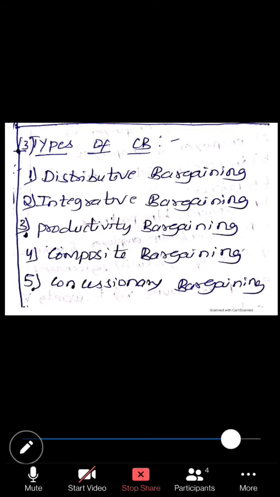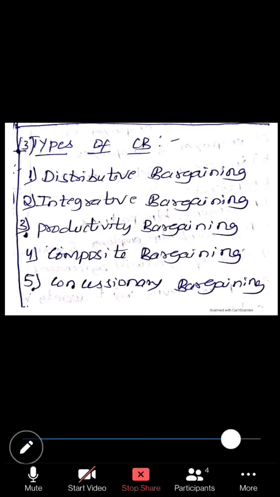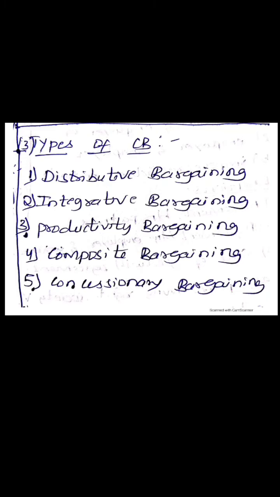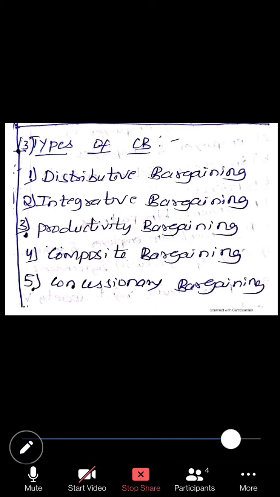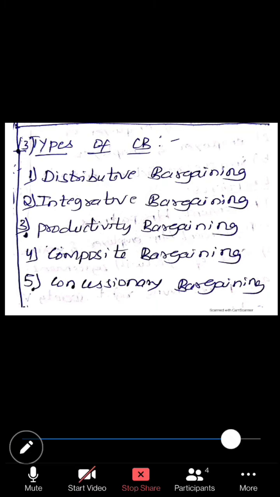The next type of bargaining is productivity bargaining. Both parties negotiate about productivity and pay. So whatever conclusion they reach, it is for the productivity or the betterment of the company. An example: the union may suggest that higher salaries would result in better productivity. So the union will ask for an increase in salary, but the business would suggest a target-oriented bonus. What the business will say is no, we will not provide a higher salary, but we will give a bonus to whoever does good for the company. So the bargain is productivity oriented for the company's productivity.